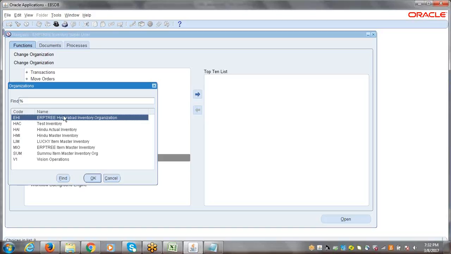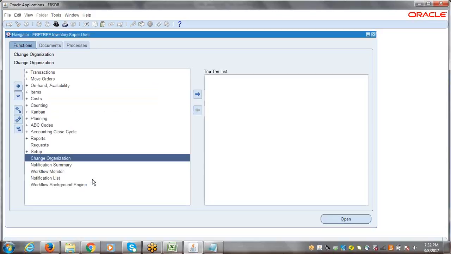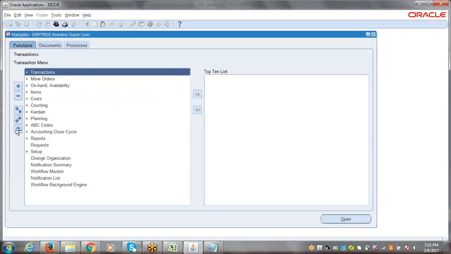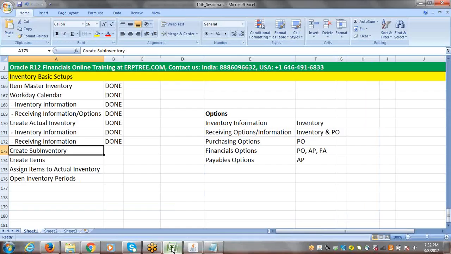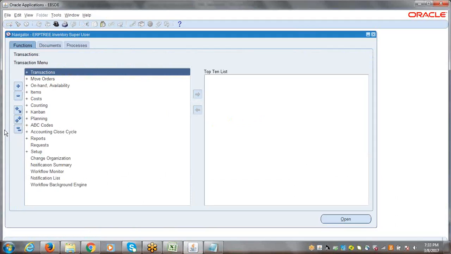Now I'm going to select the ERP3 Hyderabad inventory organization. The reason is I want to create sub inventories within this inventory. So I'll select it and say okay. Now we are in that environment, you can see the proof also. Now to create the sub inventories, take the task name as create sub inventory. Take the navigation. Navigation is